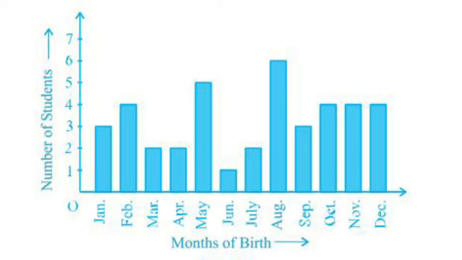Here you should note that the variable here is the month of birth and the value of the variable is the number of students born. So what is your answer? 4 students were born in the month of November and the maximum number of students were born in the month